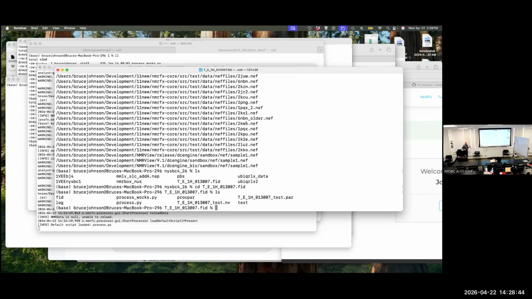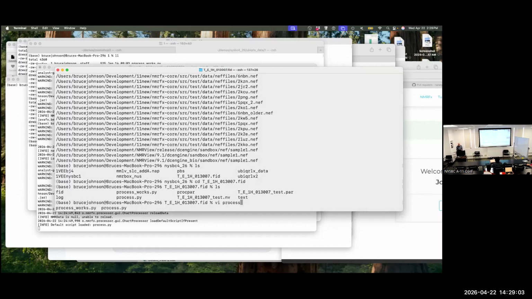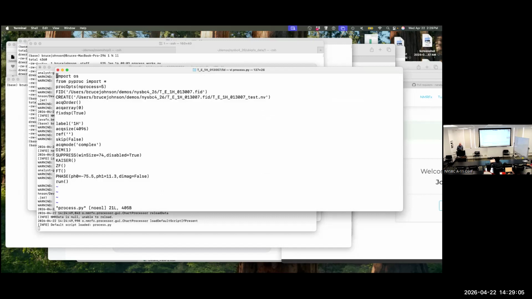When you process, if it's successfully processed and doesn't have an error, it's going to create a file called process.py. It's a Python processing script. You can't execute it in regular Python because it uses tools inside NMRFx, but it is basically Python. If I open it up, you can see the commands: FID, to open the FID, create the dataset,